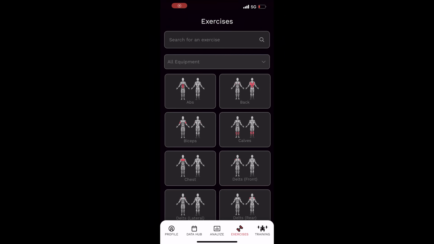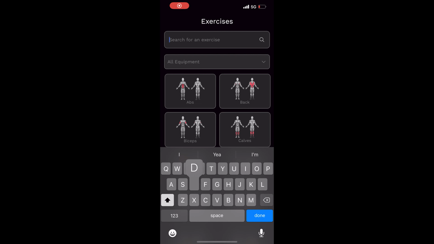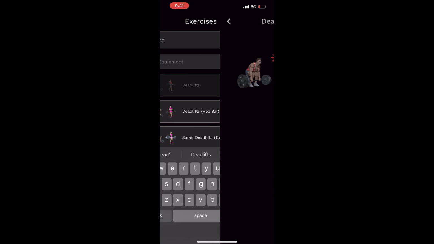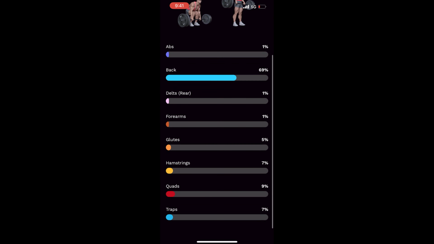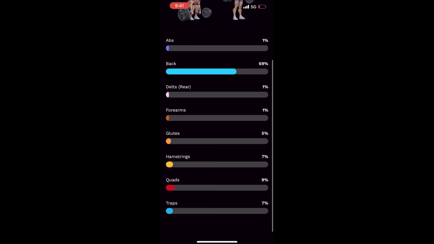Let's start in the exercise section. Each exercise has a preset value of how it overloads your muscles. For example, if we select deadlifts, we can see deadlifts involves your abs, back, rear delts, forearms, glutes, hamstrings, quads, and traps. The number beside the muscle group is how much load will be distributed to that muscle group when